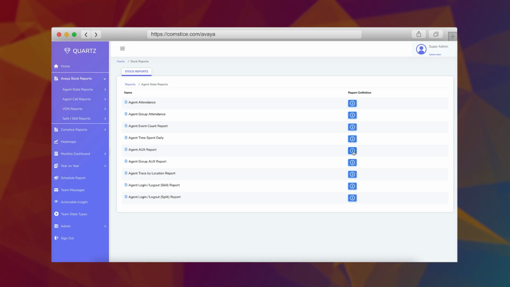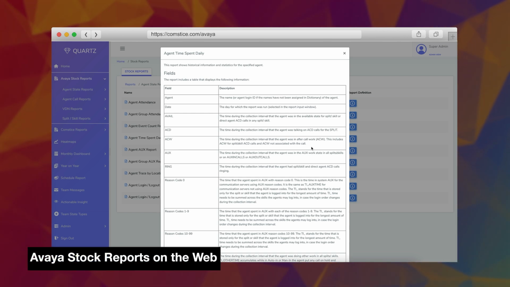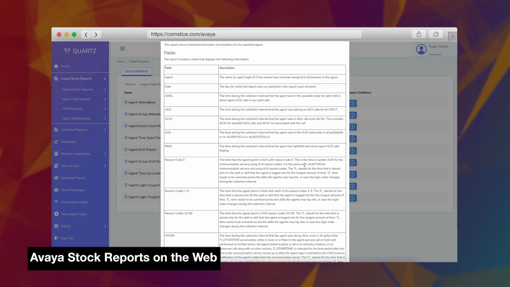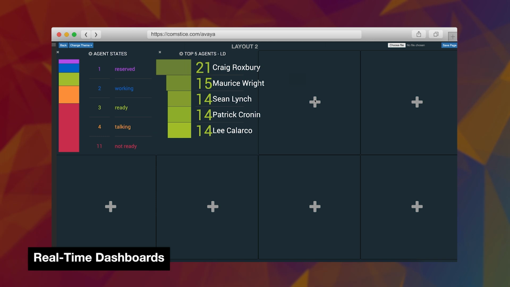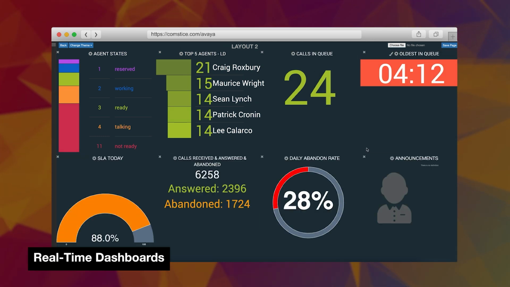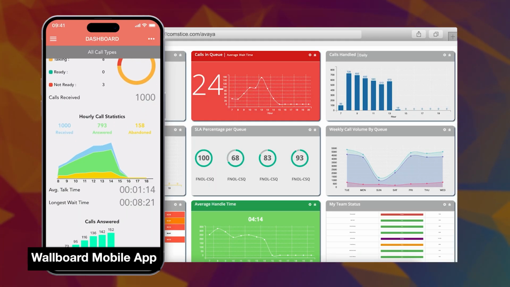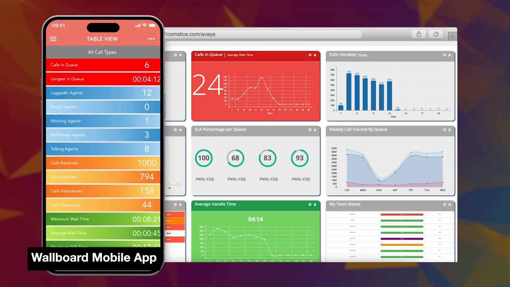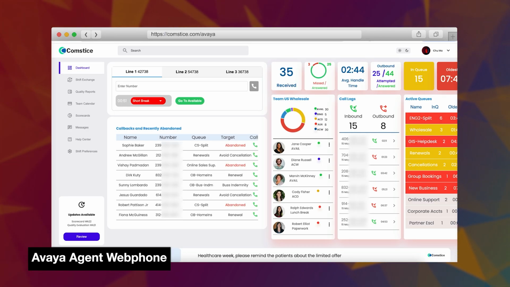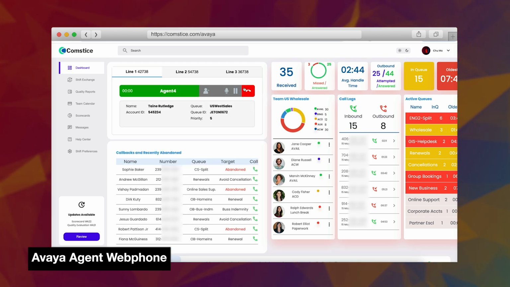In this video, we will see how you can access Avaya stock reports from a web interface and assign permissions to your reporting users, how you can create real-time dashboards using agents, split, and the VDN performance indicators, accessing your Avaya real-time and daily statistics using a mobile app, and how you can run your Avaya contact center just like a cloud call center, but on your network with agent Webphone and all the agent features built inside